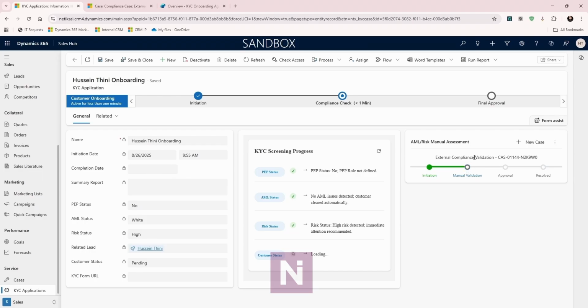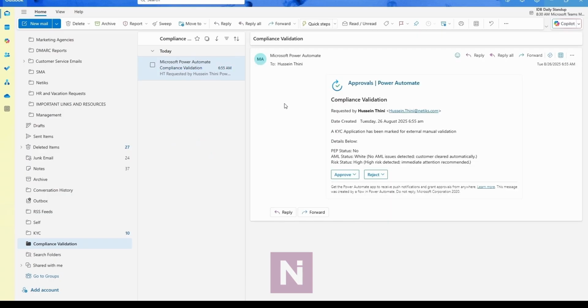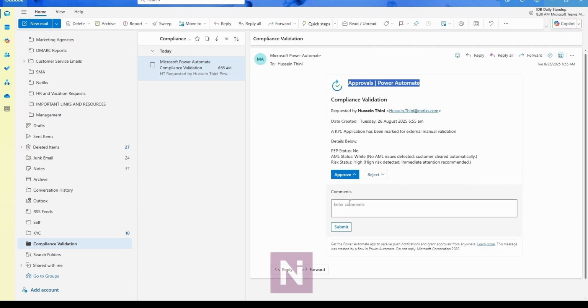since we have a high-risk customer in this scenario, the agent is going to create a compliance case. We open this record, then we can see the details of the compliance case, after which the compliance officer will receive an approval email for manual validation. The agent will wait for the compliance decision before taking the next action, and the compliance officer can then proceed to approve or reject this compliance validation after performing the necessary checks, which will trigger Copilot Studio Agent to continue